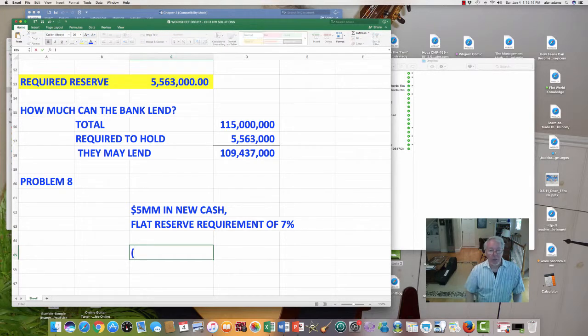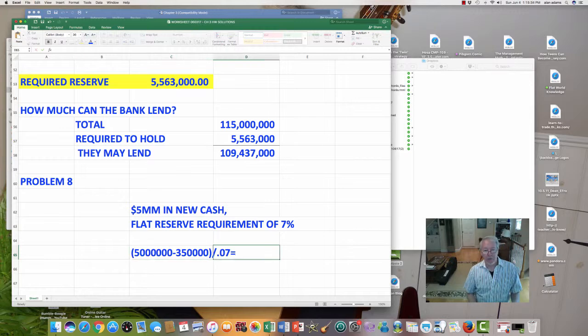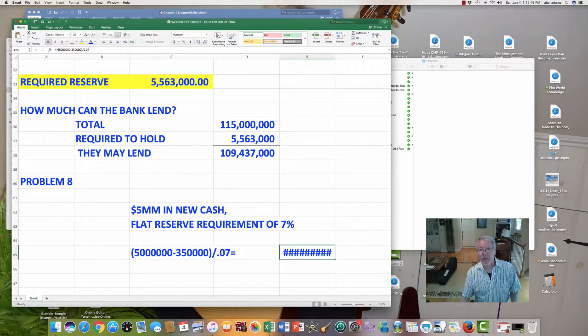So, in this case, I would take 5 million. I'm going to take 7% of that. That's going to be $350,000, if my mental math is correct. And I divide that by 0.07, my required reserve. So let's see what we get. I'm going to take 5 million minus 350,000. I will expect you to know how to do this, friends, for our quiz. And the answer is,